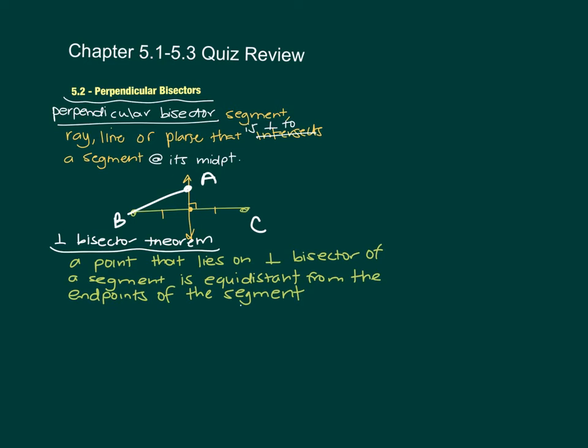So I could say something like AB is equal to AC. Or if I had an X and a 10, I would say that X is 10. And the reason is the perpendicular bisector theorem, or if you don't know the name, then you write it out, that a point that lies on the perpendicular bisector is equidistant from the endpoints. And then the converse to the perpendicular bisector theorem